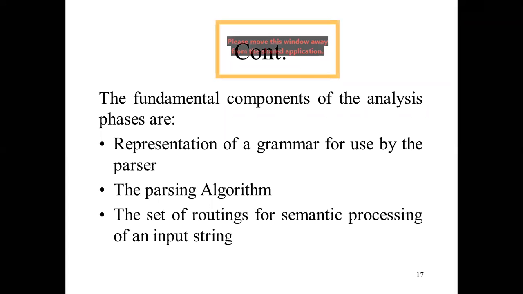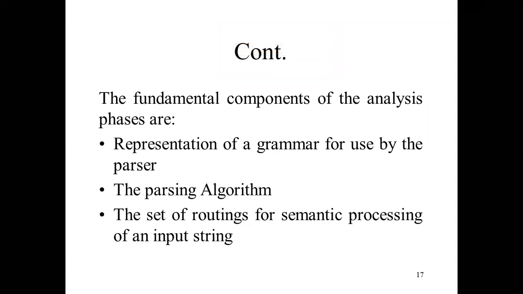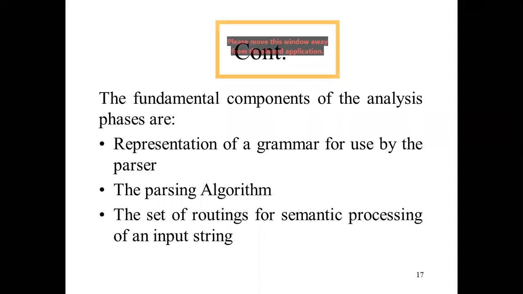Whenever we compile the program, after compilation we will get some sort of errors. Here we will use the parsing algorithm to draw the parse tree. Then we will see whether we are getting two parse trees or a single parse tree. If we are getting a single parse tree based on the parsing algorithm, then we can say that our grammar is unambiguous, the right grammar.